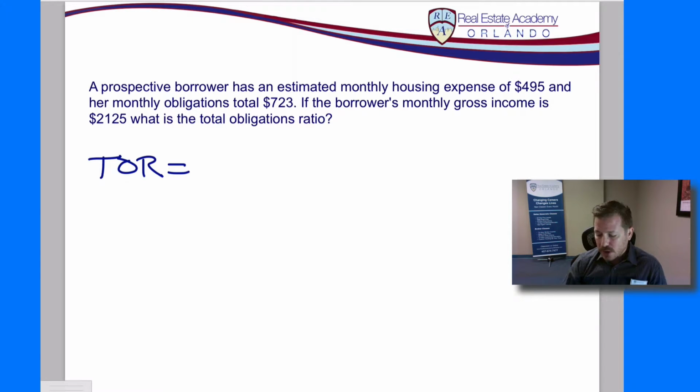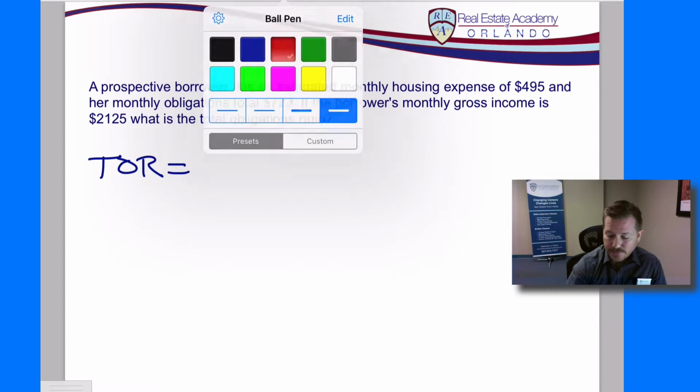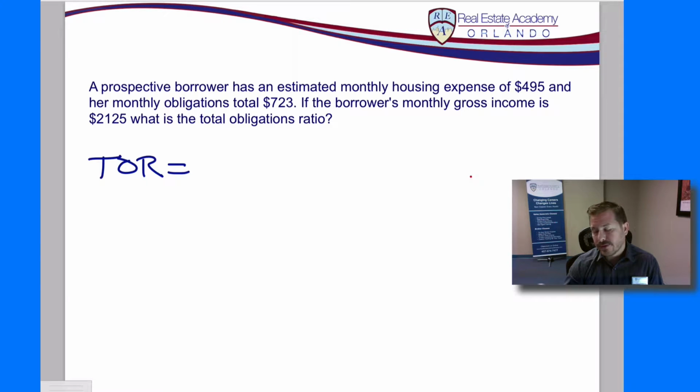Now, when we look at a question like this, we always want to look at what information we do not need. Is everything necessary, or is there anything there just to trick us? Oftentimes they'll tell us what the housing expenses are, and then they'll tell us what the total obligations are. One thing to take into consideration is that the housing expenses are part of the total obligations. One common mistake I see from a lot of students is they take these two numbers and add them together. That is not correct because the total obligations already includes those housing expenses. So that's just the first tip there. Make sure you don't fall for that one.